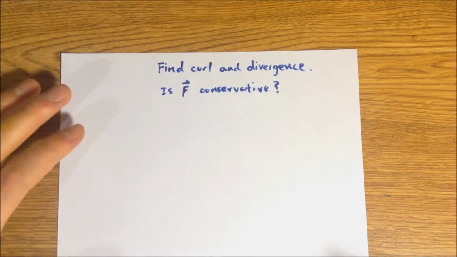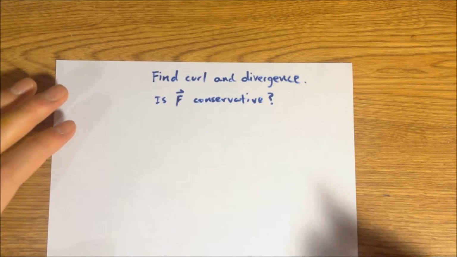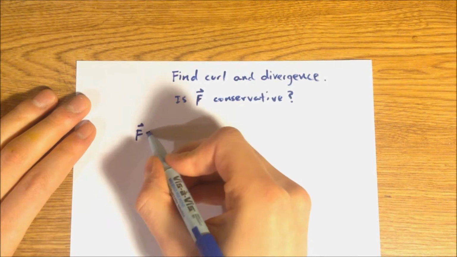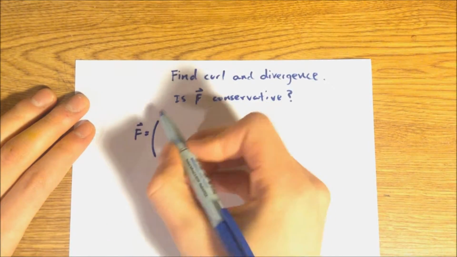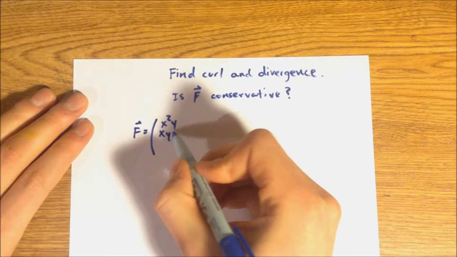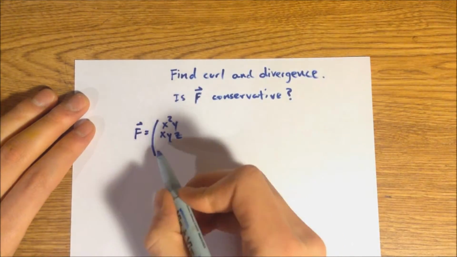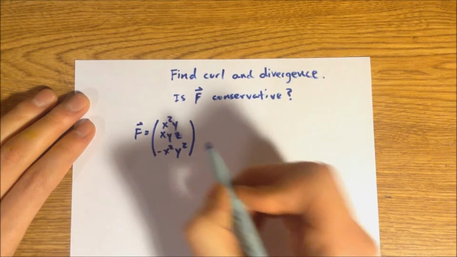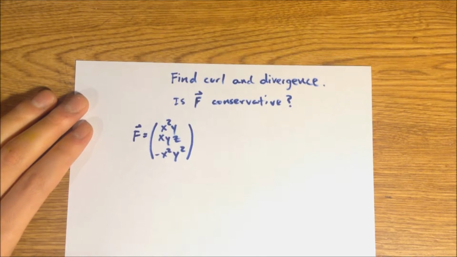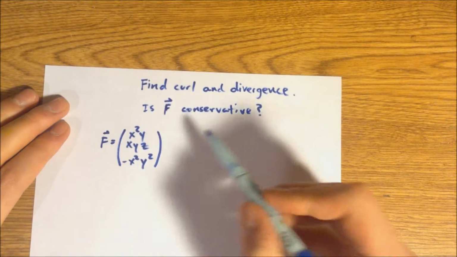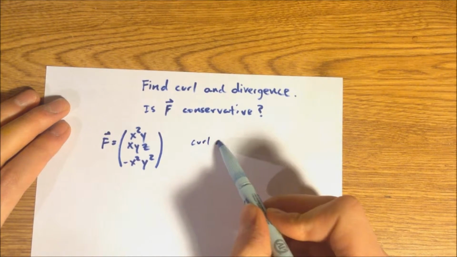Hi, in this video we'll be finding curl and divergence of a vector field F. In our case, F will be x squared y, x y z, then negative x squared y squared. To find curl, quick refresher, curl of F